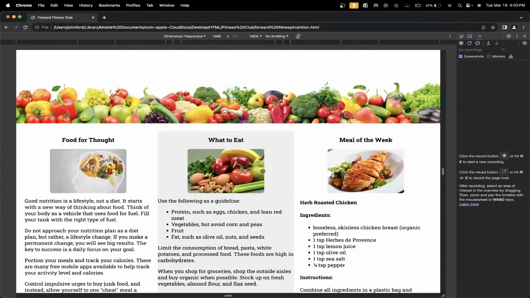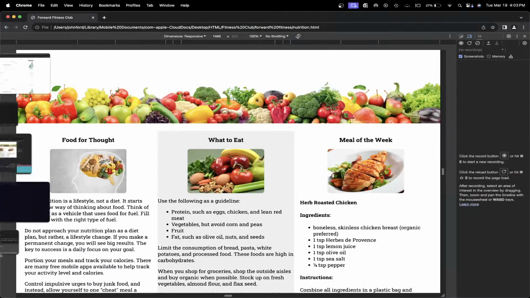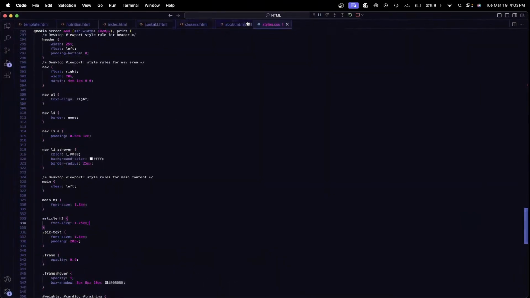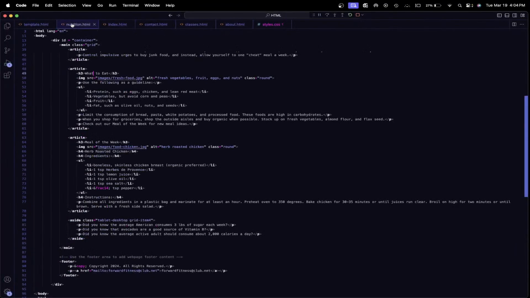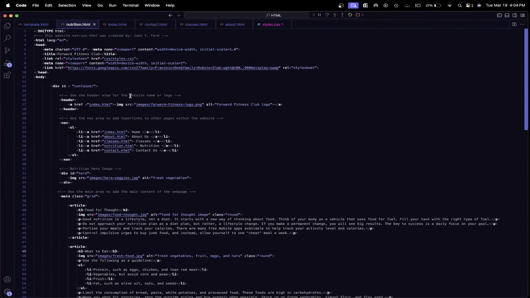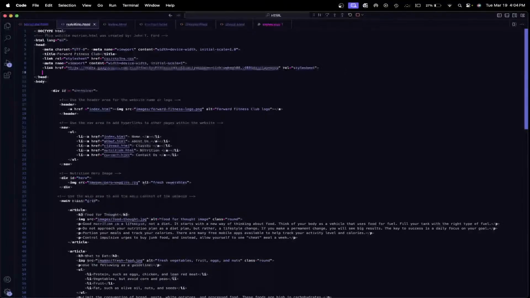Okay, so we need to go back to the nutrition file right here. And it says roughly around line 10. Okay, let's see if their line 10 matches up with mine. Okay, so it's after the style sheet from what we did for the Roboto Slab. Okay, so by 10 we are going to